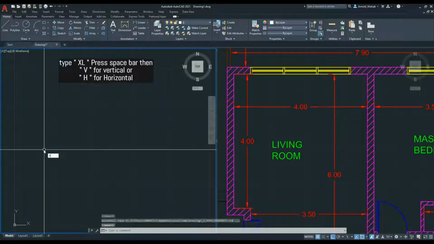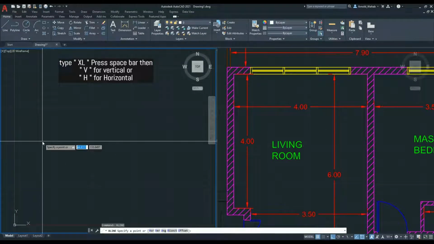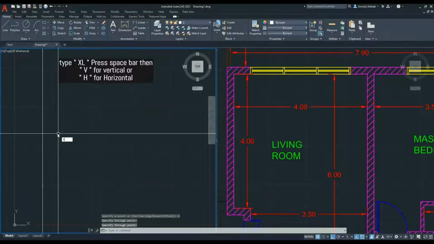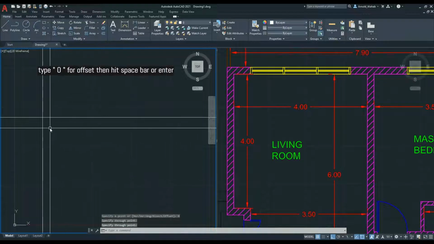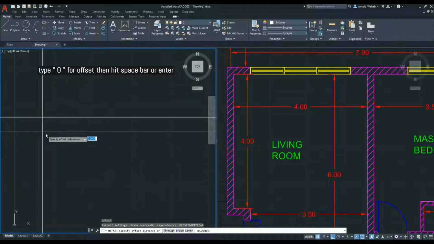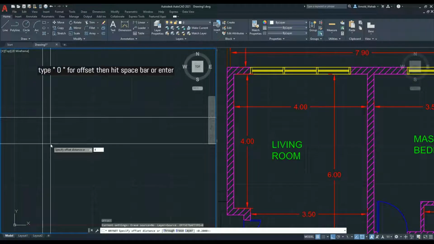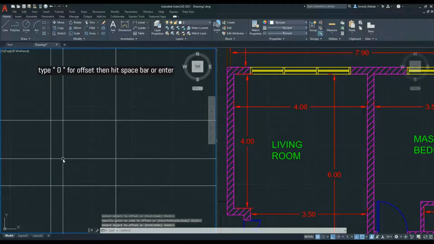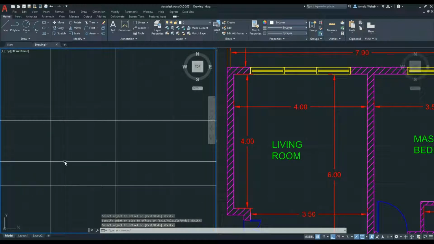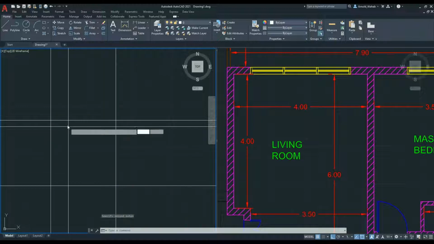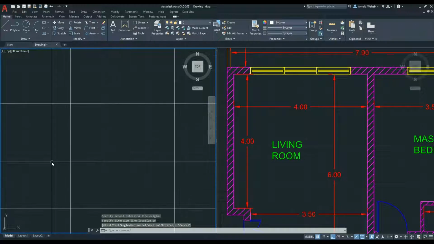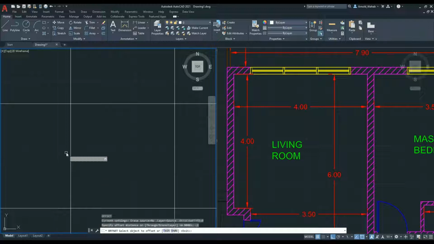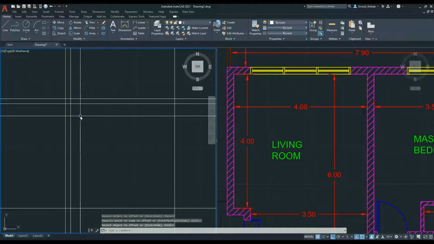Command XLINE, XL, enter, or for me the space bar, vertical, enter, space bar, XL again, horizontal. Offset 4 meter, input 4 meter, enter, click. Press dimension, DLI, 4 meter by 4 meter. Make the wall 20 centimeter: offset again, 20 centimeter, meaning 0.2, this one. Okay. Fillet,